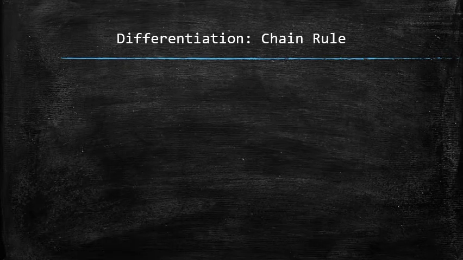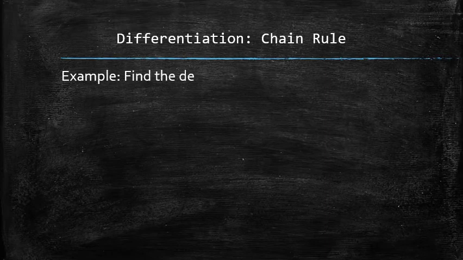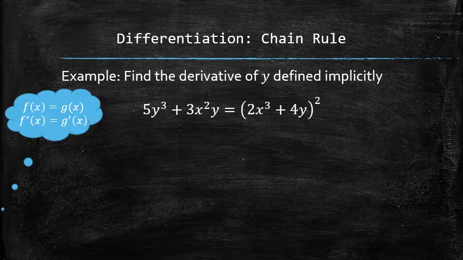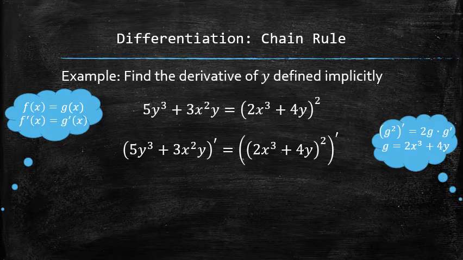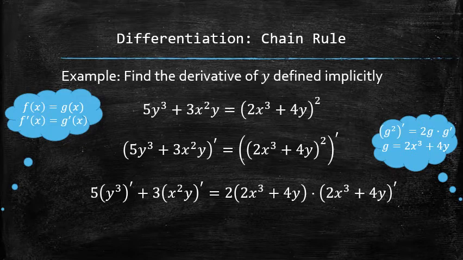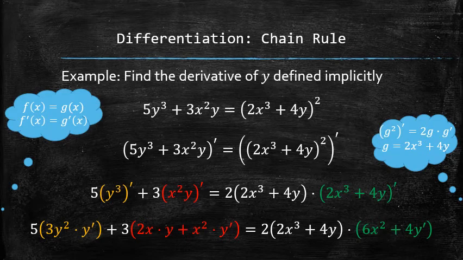Now we can put it all together and introduce the idea of implicit differentiation, which is actually quite simple. Basically, the idea is that if two functions are the same, then their derivatives must be the same. So let's differentiate both sides of the definition of our function. Now, using the linearity rule on the left side and the chain rule on the right side, we obtain the following result. Here, you should be able to recognize that we already found all the needed derivatives in the earlier slides, so we can now simply plug that in to get the answer.